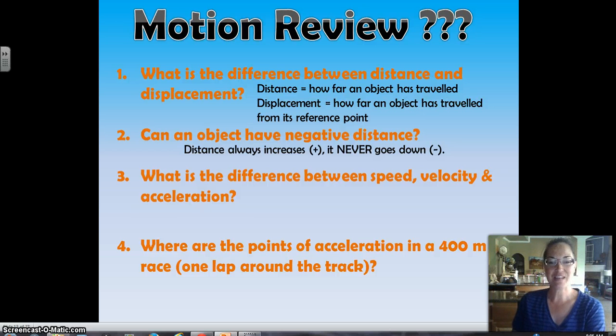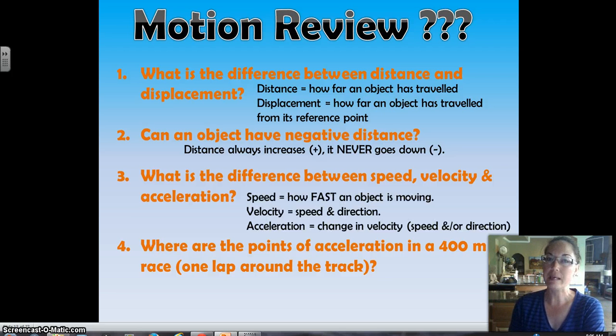Number 3, what is the difference between speed, velocity, and acceleration? Well, speed simply describes how fast an object is moving. It's either moving fast, it's moving slow, or it's not moving at all. Velocity describes two things: how fast the object's going, or its speed, but also the direction, like forward or backward. Acceleration describes a change in velocity. And so if there's a change in speed, speeding up or slowing down, or if there's a change in direction,